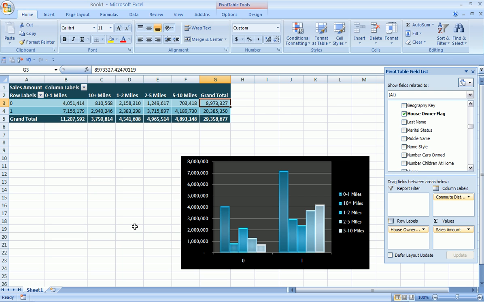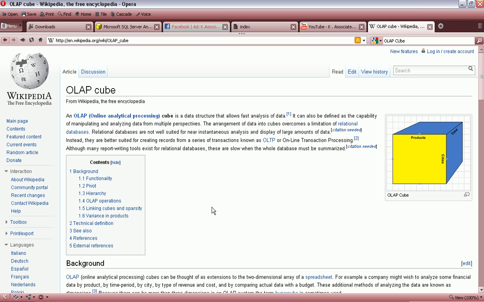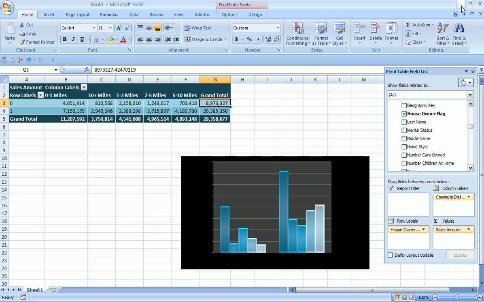What we're looking at today is what we call the analysis cube. If you went to Wikipedia, for example, the analysis cube is a data structure that allows fast analysis of data. It can also be defined as the capacity of manipulating and analyzing data from multiple perspectives. The arrangement of data into cubes overcomes the limitation of relational databases. Now, what this basically means is